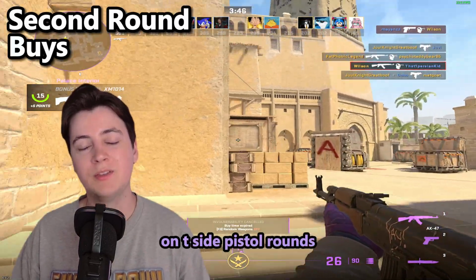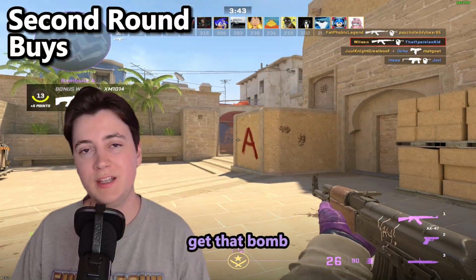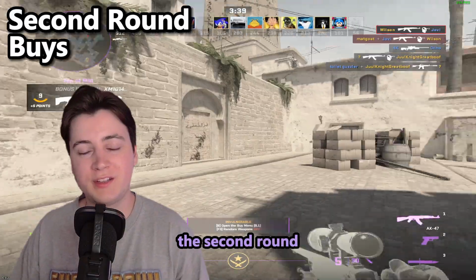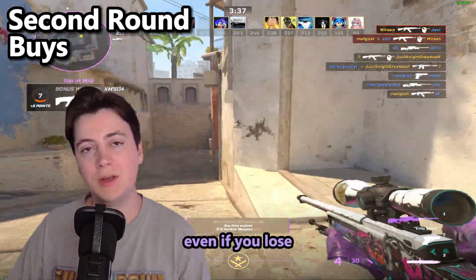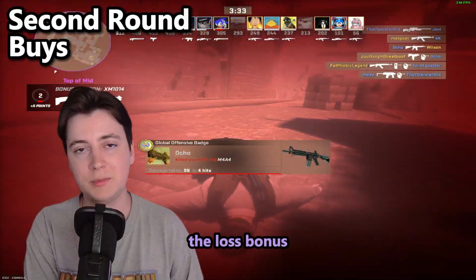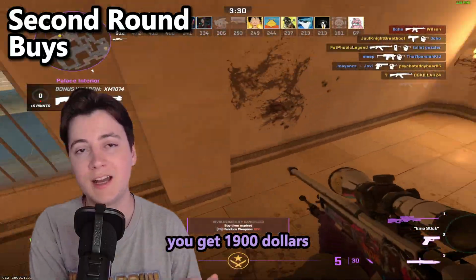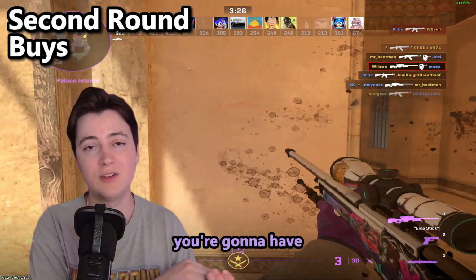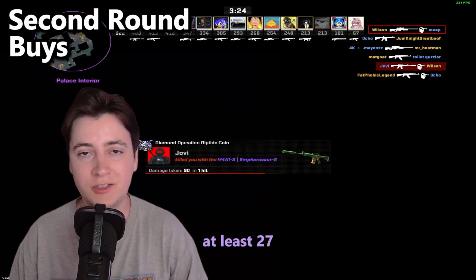On T-side pistol rounds, it's really important that you get that bomb plant, because getting the bomb plant allows you to force the second round even if you lose pistol round, because the game starts giving you one notch into the loss bonus. So if you lose pistol round, you get $1,900. So as a T, if you plant the bomb during the round, then you're going to have at least $2,700